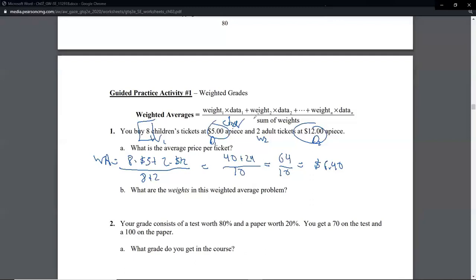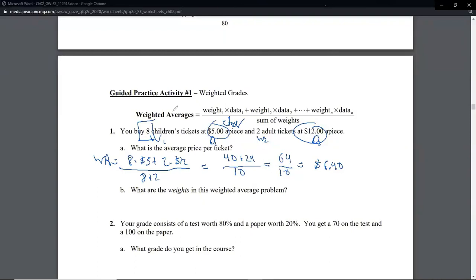If I flip the 8 and the 2, if I bought 8 adult tickets and 2 children's tickets, I would expect this average to probably be like $10.50, or somewhere in that ballpark, plus or minus 50 cents. I would expect the adult tickets to govern more if we bought 8 of those, so the average would be closer to its $12. Now, again, if I've got all sorts of categories, if there's military tickets for $7.50 and